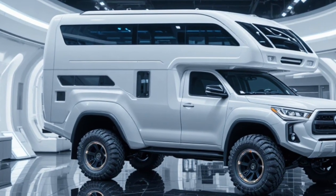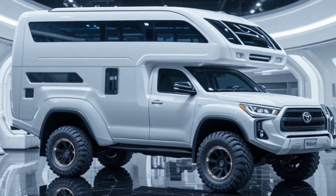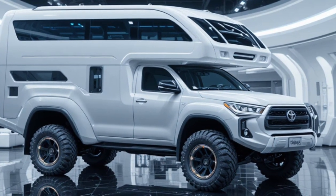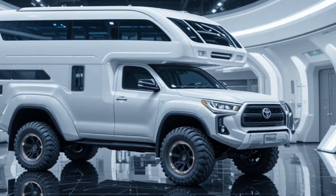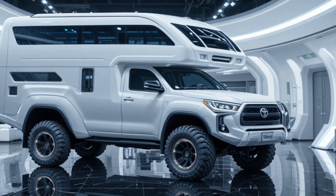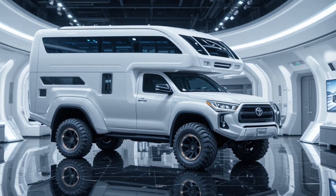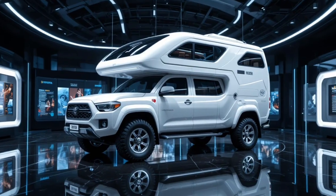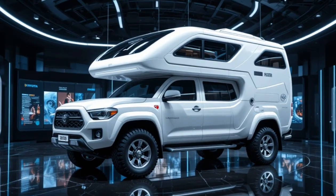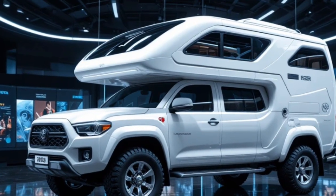The camper stretches long and tall, supported by massive off-road wheels designed for every terrain imaginable: snow, sand, mud, or mountains. Dual panoramic glass panels run across both decks, giving the camper a futuristic feel and allowing passengers to enjoy breathtaking views from anywhere inside. On the roof, integrated solar panels capture sunlight to power the interior systems, ensuring you can stay off-grid for days